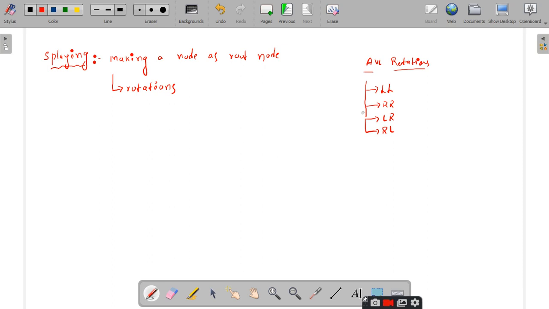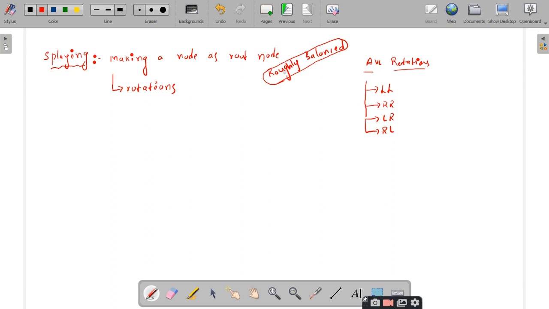Not for balancing. Remember that these splay trees are not strictly balanced. As with AVL trees, they are roughly balanced BSTs, right? So there is no concept of balancing of height.